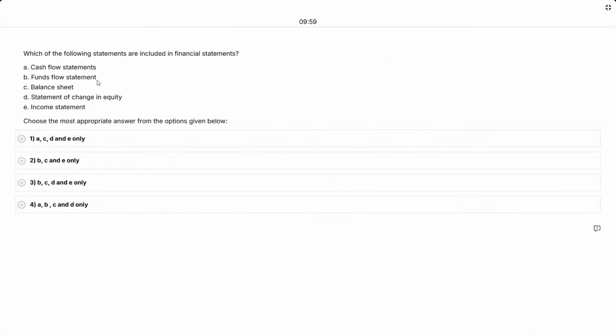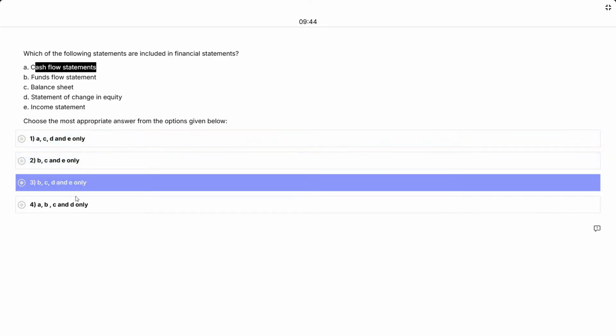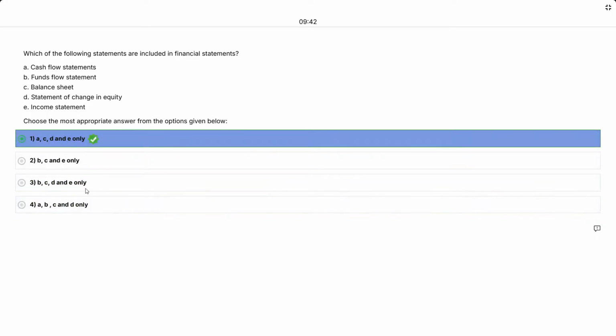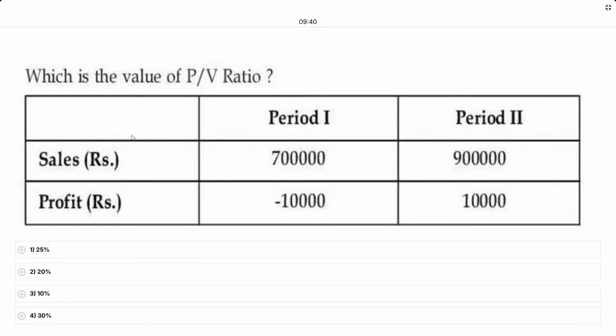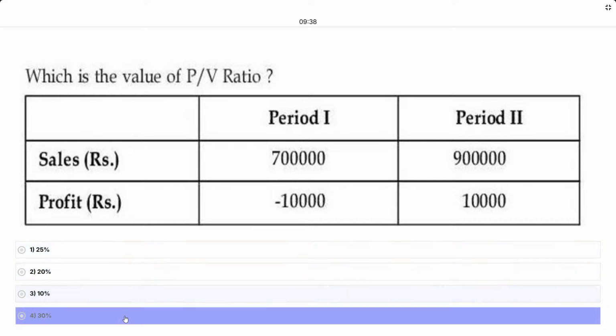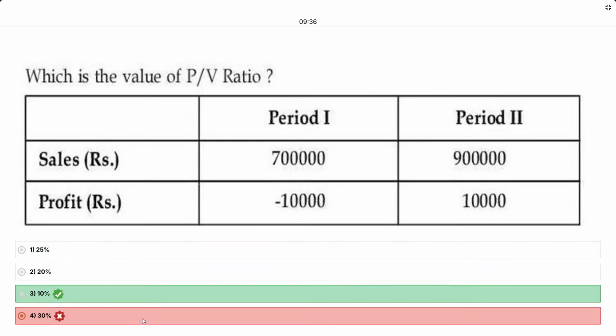Which of the following statements are included in financial statements? फाइनेंशियल स्टेटमेंट्स में हमने देखा प्रॉफिट एंड लॉस होता है, इनकम स्टेटमेंट जिसे बोलते हैं, प्रॉफिट एंड लॉस को इनकम स्टेटमेंट भी बोला जाता है, कैश फ्लो स्टेटमेंट भी आता है फाइनेंशियल स्टेटमेंट में, हमने देखा ए और ये तो होना चाहिए, सी डी भी होगा, फंड फ्लो होगा, डी। पीवी रेशियो हमने नहीं किया है, लास्ट टाइम 40 आंसर था, विल गो विथ हाईएस्ट 10 है इस बार, विल ट्राई अगेन।